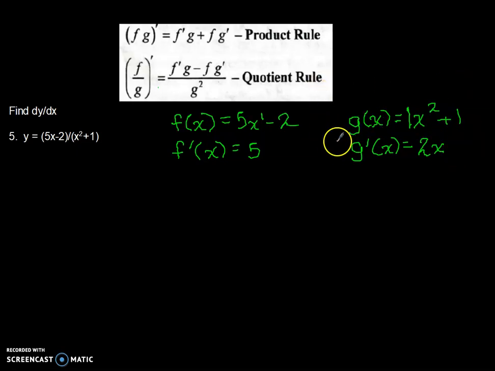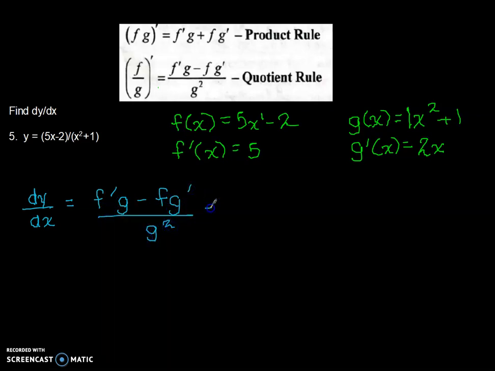So now that we have everything we need, we can find the derivative of y with respect to x by applying the quotient rule, which is f prime g minus fg prime all over g squared. So I'm going to write down everything that I have, substituting it in. So g would be x squared plus 1, and then minus f, which is 5x minus 2. G prime would be 2x